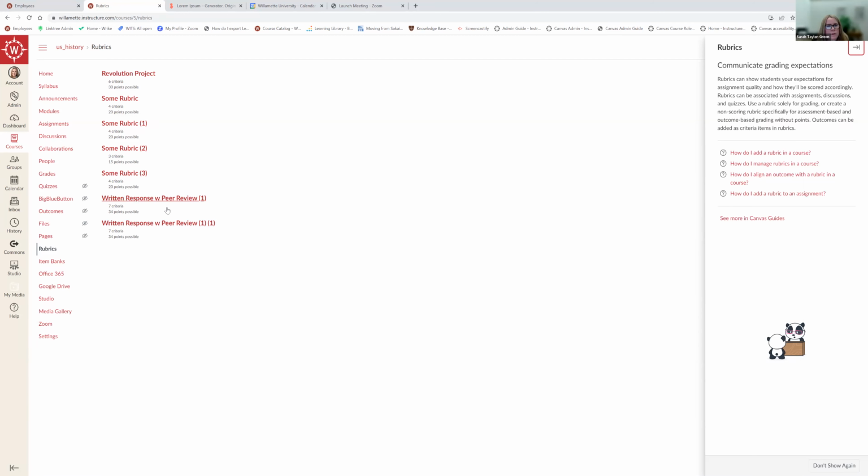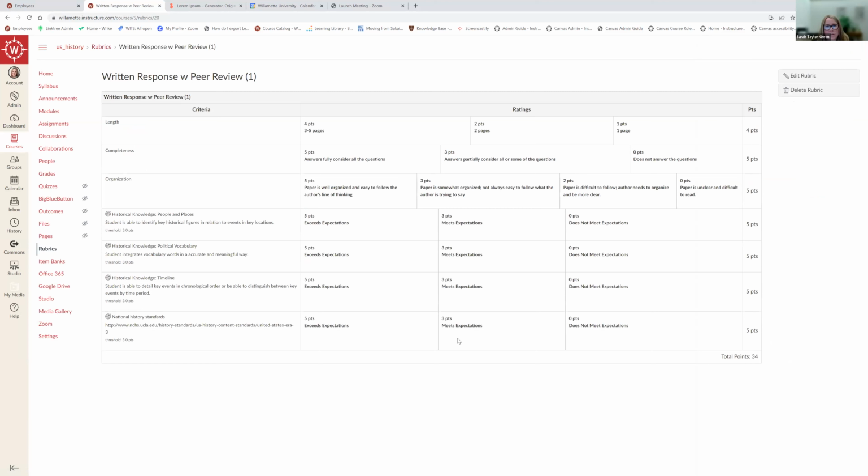Let's see. This one has a little bit more in here. So this is a written response rubric, and they have some information in here about length, completeness, organization. So you can build your rubric out to be whatever you want. And then the way it looks in an assignment,